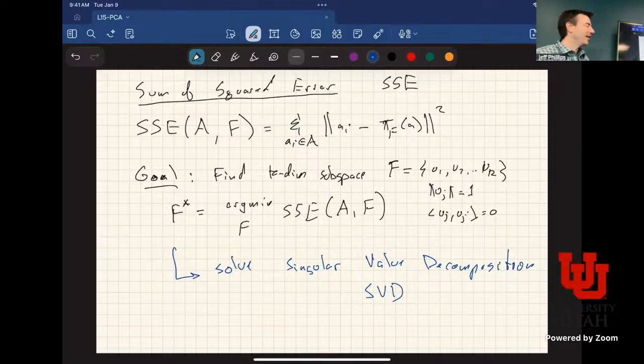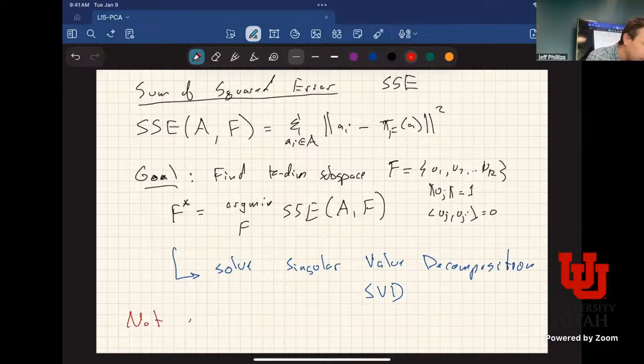So this is SVD; it will encode the solution to this problem. Okay, and we'll review how it does that next. This isn't the final goal. This is not, let me just put a warning on here, not the goal